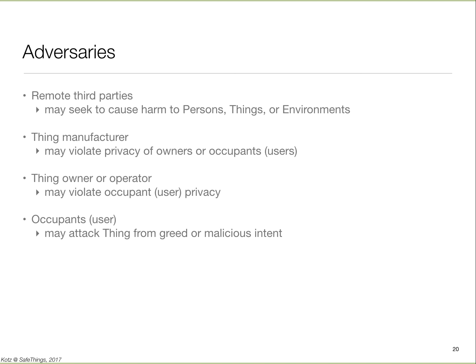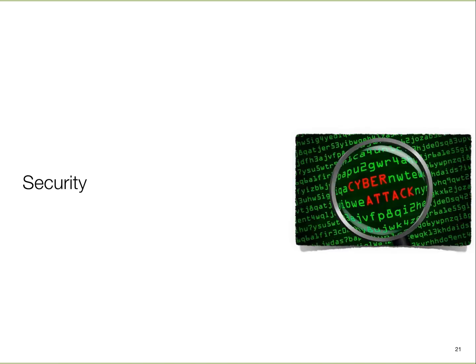So these are all cases where you may take the deal, but then you might want to fool the sensing system so that you can still benefit from the lower price and yet not obey the terms of the deal. So adversary to these systems could be any one of these, and so many different parties. A service provider may view the user as a potential adversary, and a user may view the manufacturer as a potential adversary, and so on and so forth. It's a complicated milieu of issues that come into play.